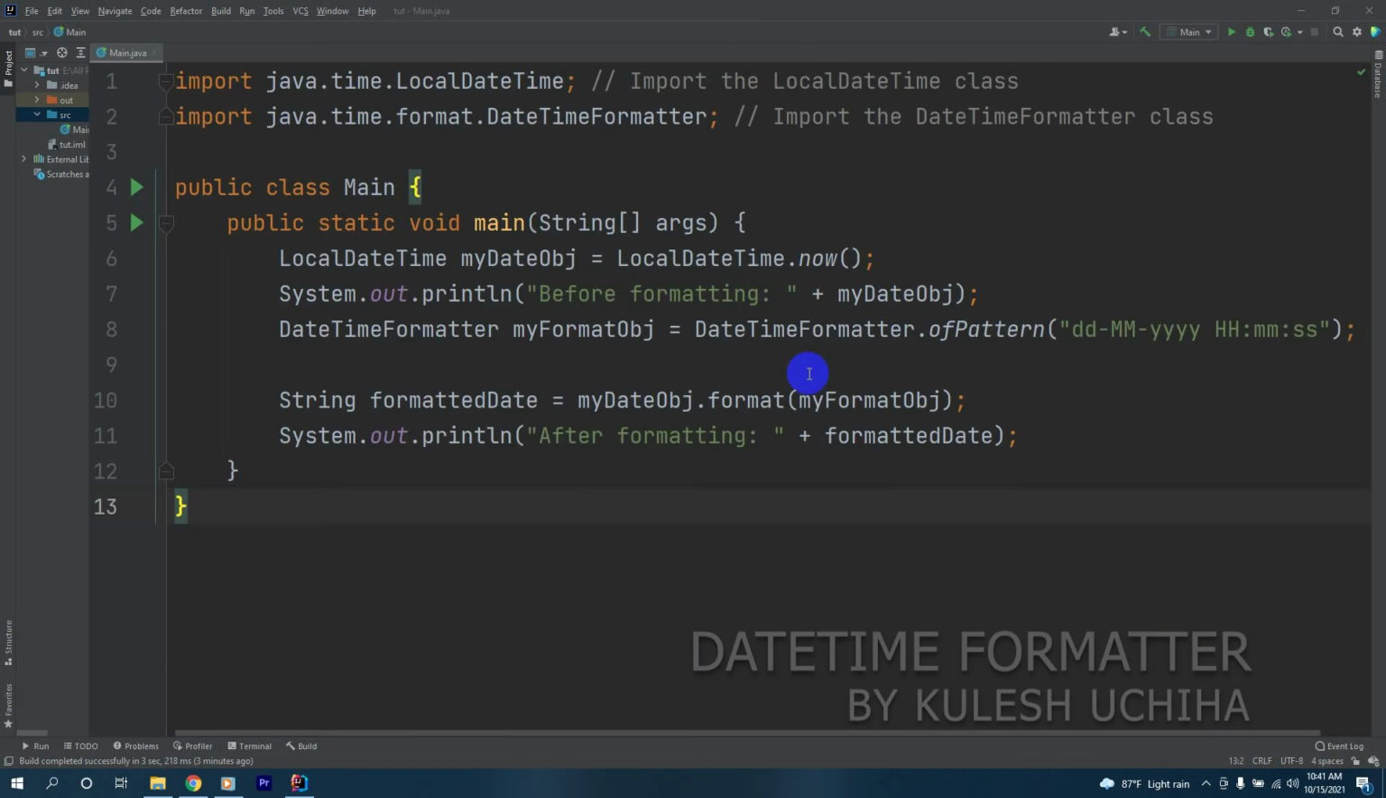Now we will see an example for the DateTimeFormatter. Here firstly we have imported the LocalDateTime class, and after that we have imported the DateTimeFormatter. The DateTimeFormatter is imported as java.time.format.DateTimeFormatter. And after that we have declared a main class with the psvm main method, and inside it we